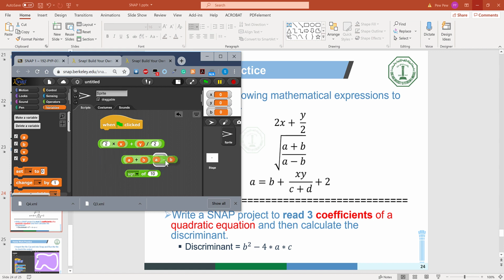A minus b is in the denominator, I will put it there. And the whole thing is inside the square root, so I will put it inside the square root. So this is how you can do the second one. Third one,